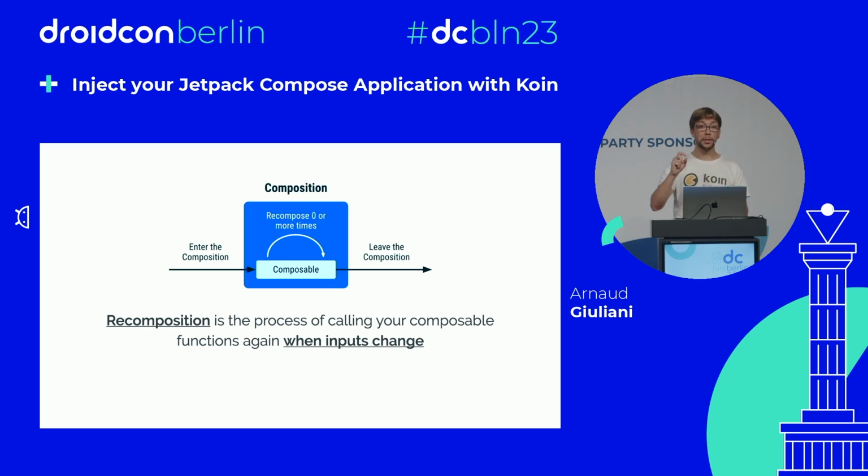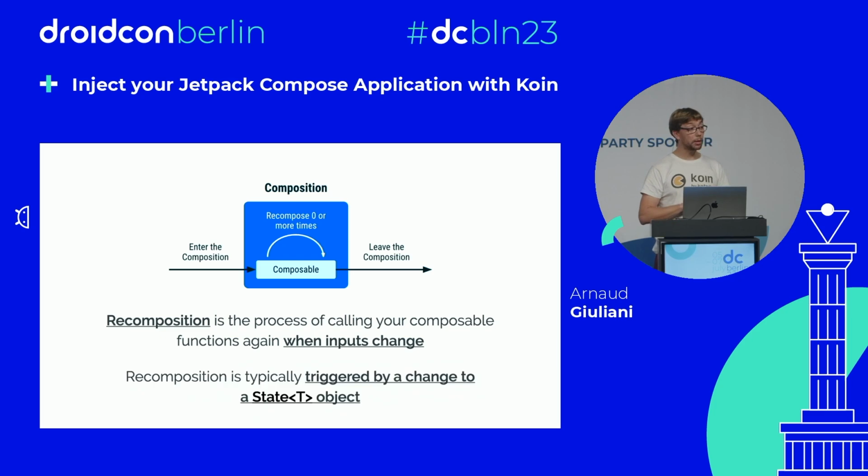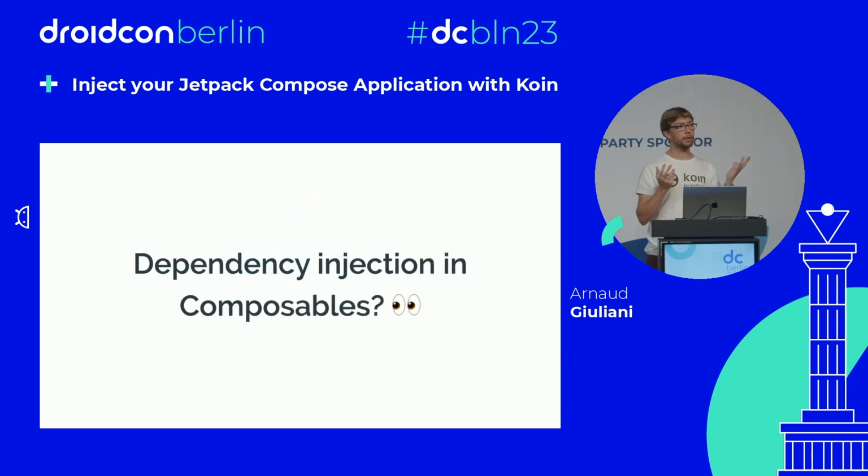And finally, how is this recomposing? Recomposition is triggered when your inputs are changing. And recomposition is also triggered when the core state of your composable is changed. Then these are a few clues about how it can trigger composition. It could trigger things that rebuild your architecture, rebuild your application, rebuild components, but you don't want that. And then how does it behave with dependency injection with composable?